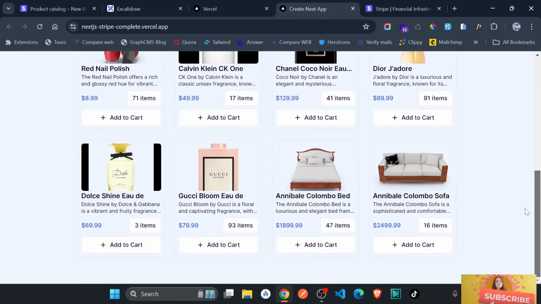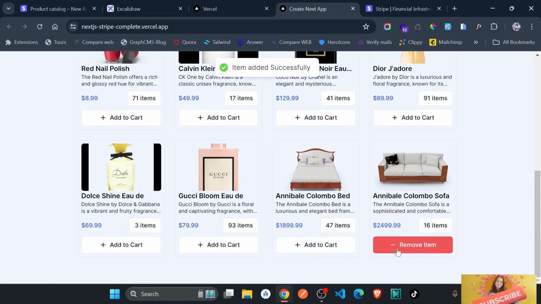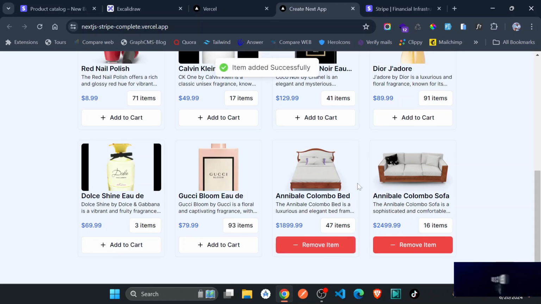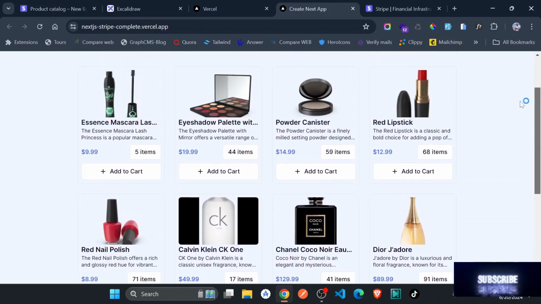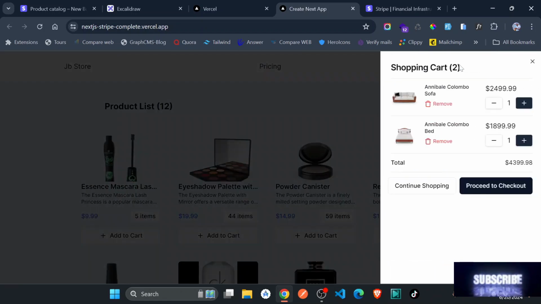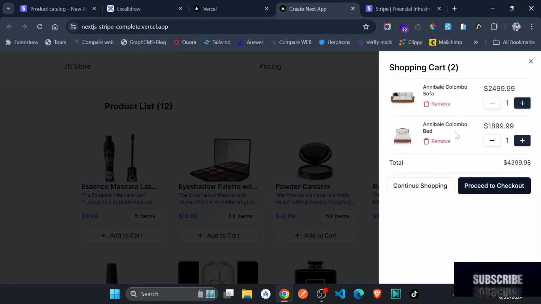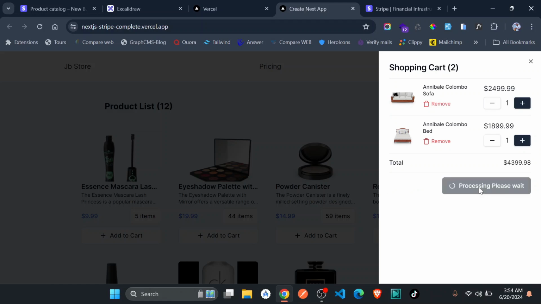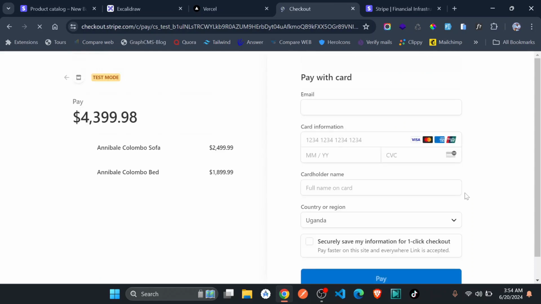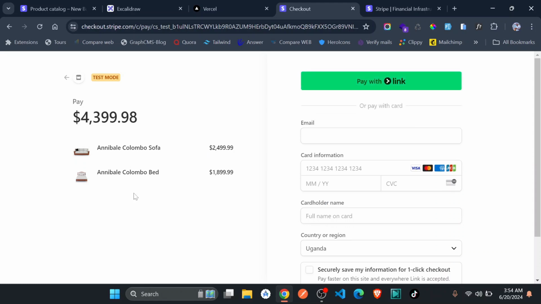If I just go ahead and add some items right now, I'm going to add this Anibe Colomba sofa and this one. So I have two items that I've added to cart, and you can go and see my items here. Now I'm going to click on proceed to checkout. This is going to process a Stripe checkout, and you can see here I've been redirected to